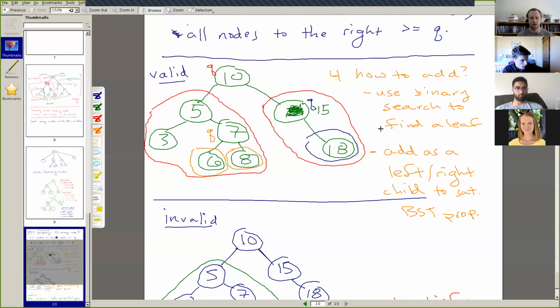Let's see, one other subtlety about the add operation. Let's say instead of a 4, I want to add a 13. So in this example, right here at the 10, we go to the right because 13 is greater than 10. Here we get 15. We're comparing against 15. 13 is less than 15, so we'll try to go to the left.